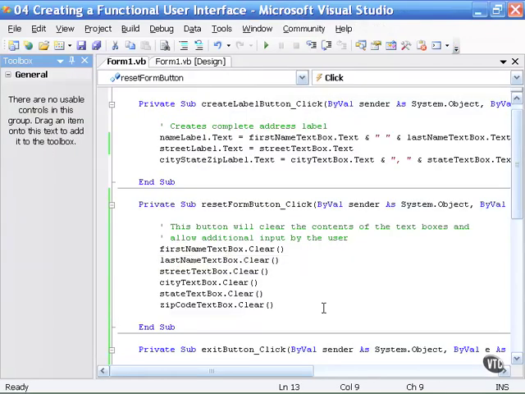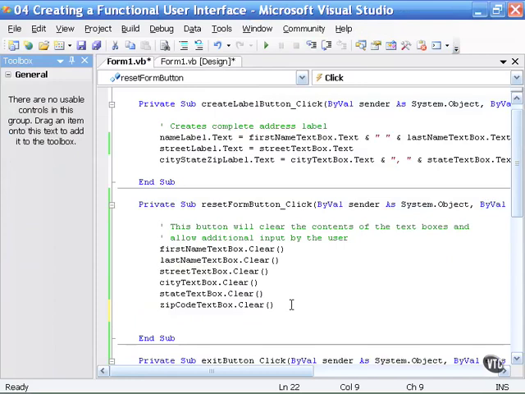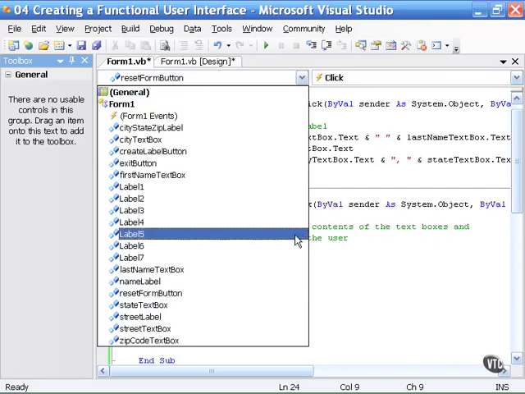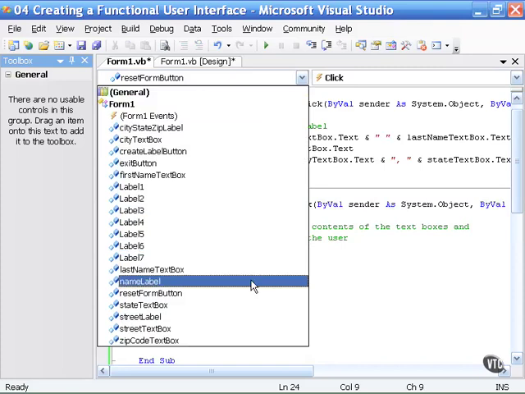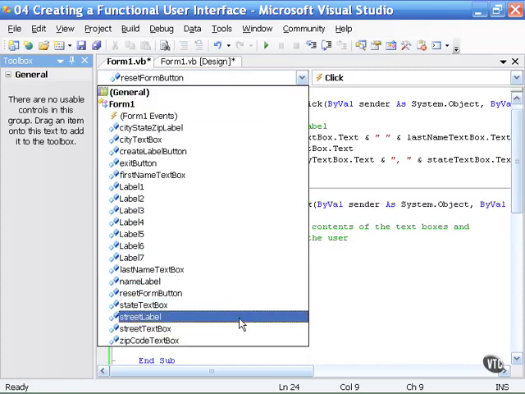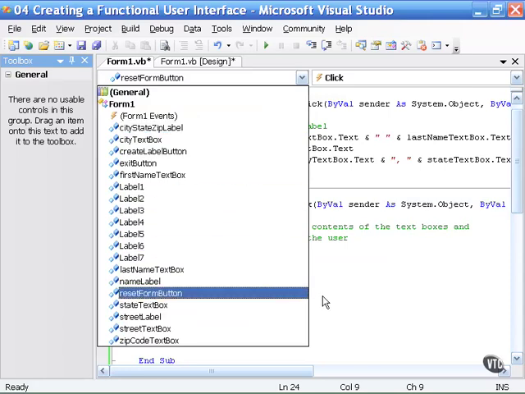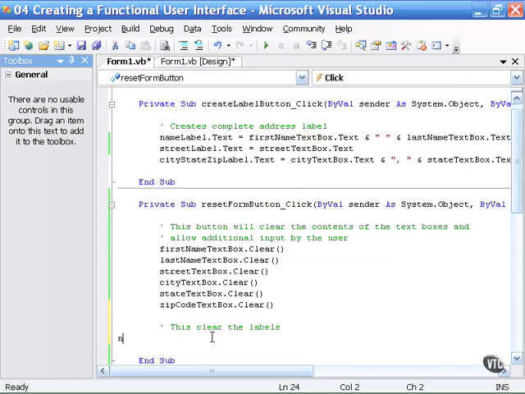Returning to the form and then double clicking on the Clear Form button. If I drop down below the text box group, since this is a separate routine, I will create a line of a comment that says this clears the labels. Now, the names of the labels are name label, street label, and city, state, zip label. So using the name label as an example,